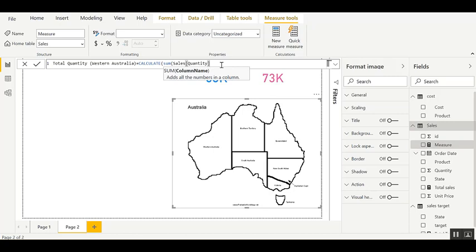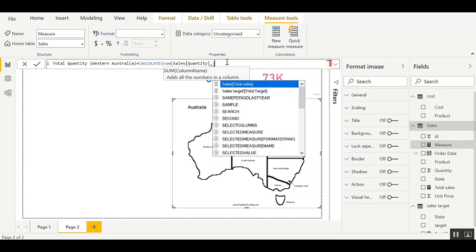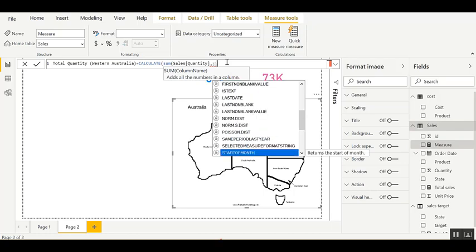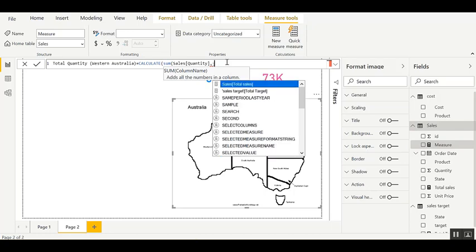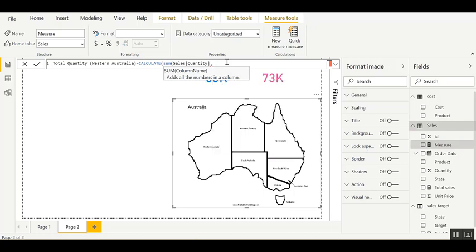Now it's the same as the total quantity that we had before, but now we can have a filter. Then what we can do for the filter is simply having the name of the state. Then I can say that the state from the table, say that cells